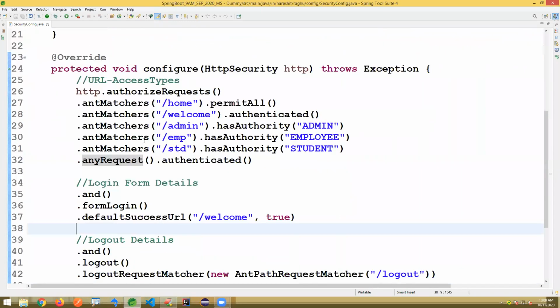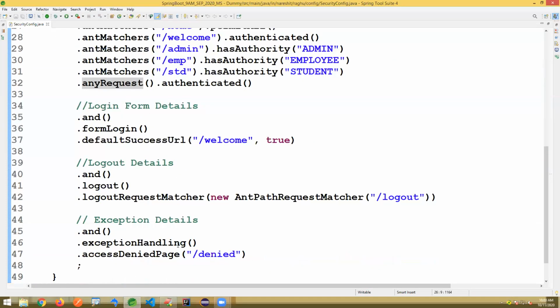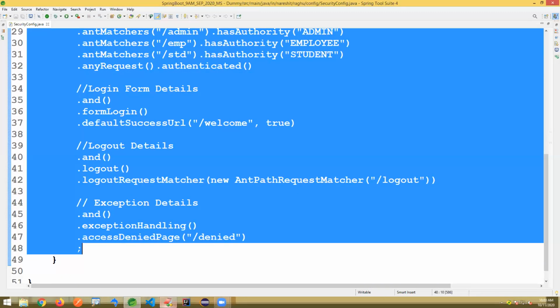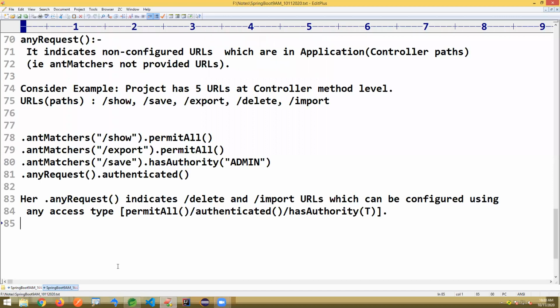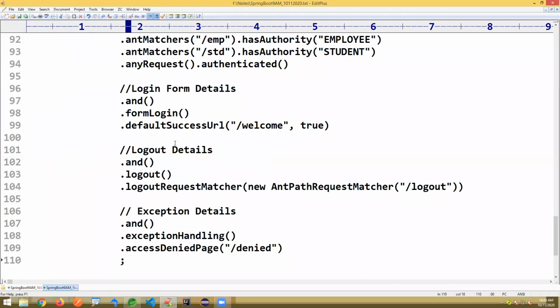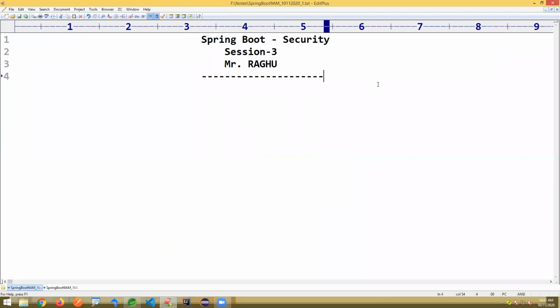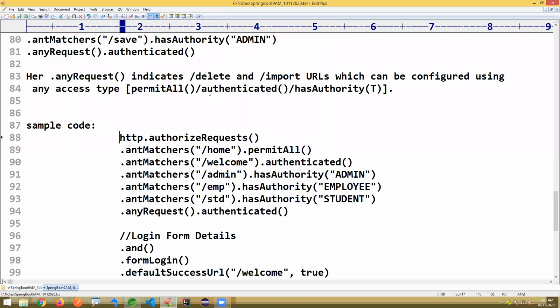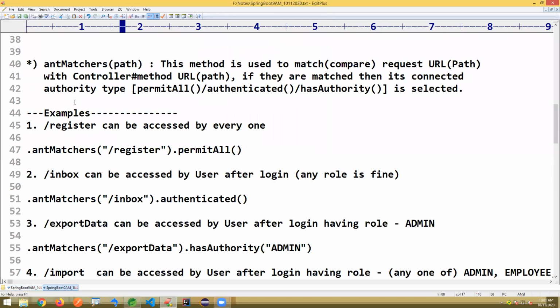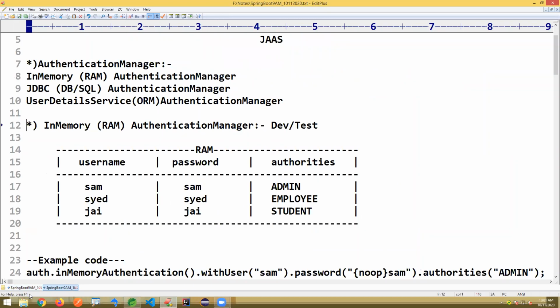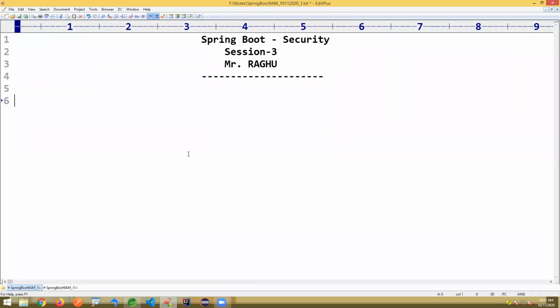Okay, so now I'll write one small application from beginning to end with all the sample code. Observe, this is just a sample code for the last session that I'm giving here. Now I'll explain step by step from the beginning. Look at my requirement, the same requirement I took in the last session. I'll write it using in-memory authentication. Concentrate carefully here.